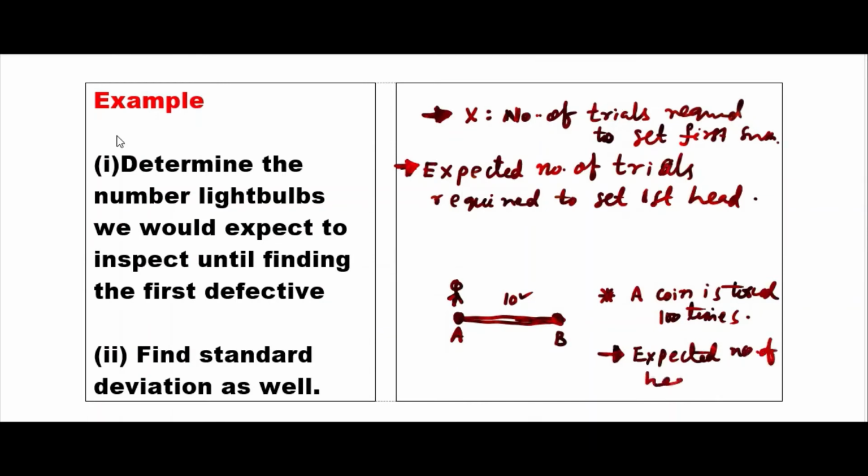Who can answer this question? This is a case of binomial. In binomial, what do we do? We fix the number of trials, fixed here, 100. Now we have to answer the expected number of heads here. Tell me the expected number of heads if you toss a coin 100 times.